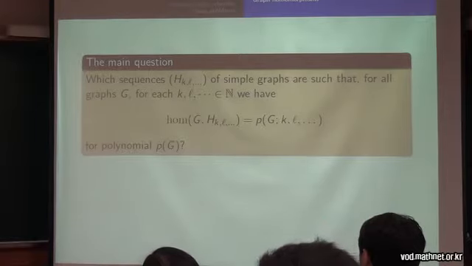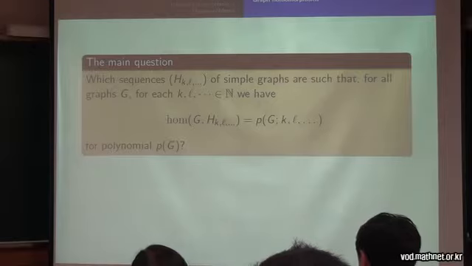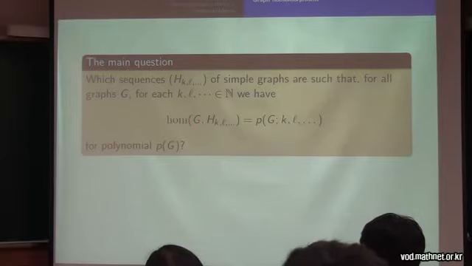And so the problem or question that is animating all the following talk is that we're interested in sequences of graphs such that when you count the number of homomorphisms from G to a term of that sequence, you get a polynomial function